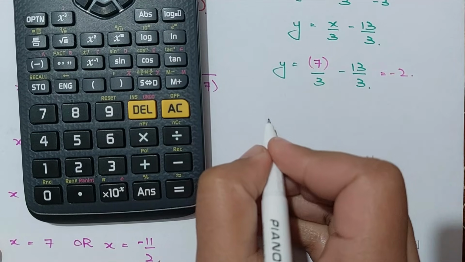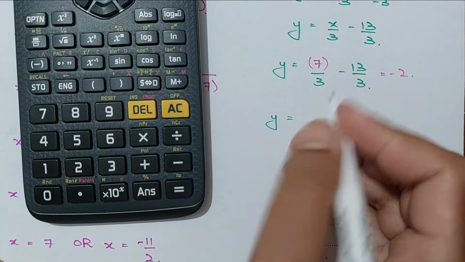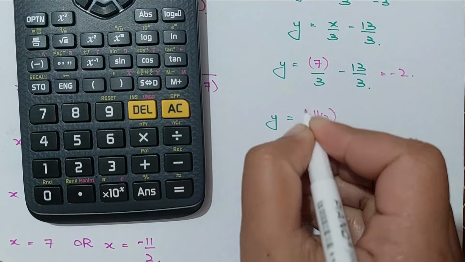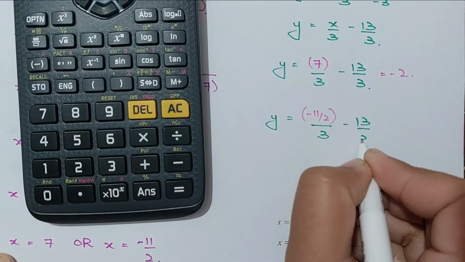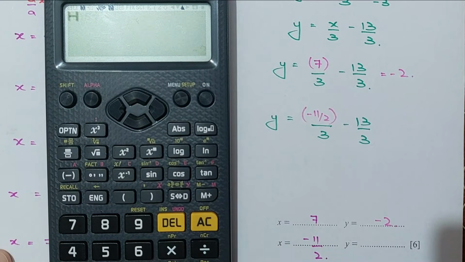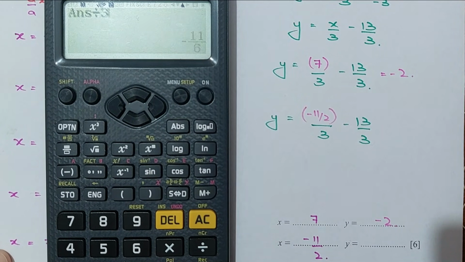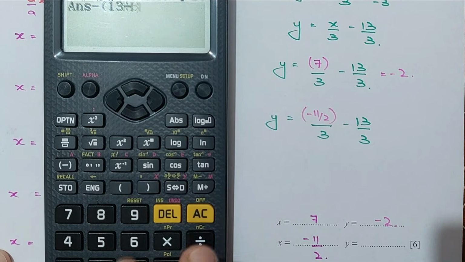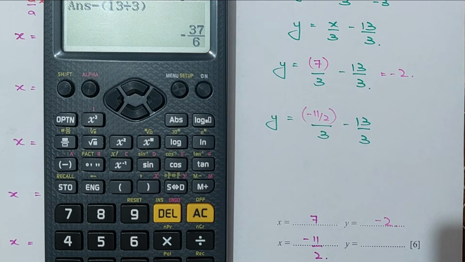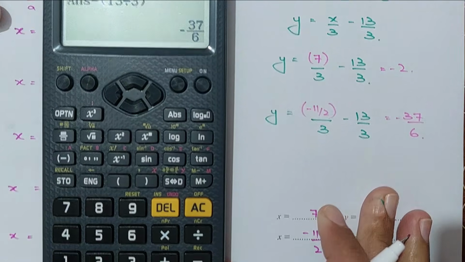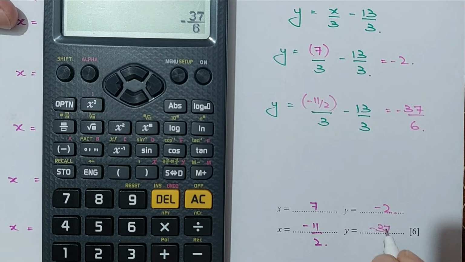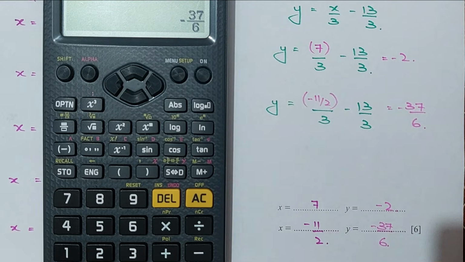Now the next is y equals, x value is minus 11 by 2 over 3 minus 13 over 3. Minus 11 by 2 over 3 minus 13 by 3 is minus 37 over 6. Negative 37 over 6. So you can keep the answers as a fraction or you can convert them into simplest